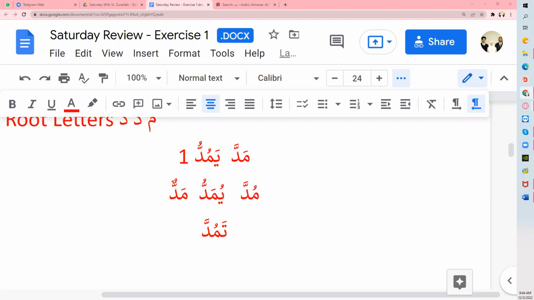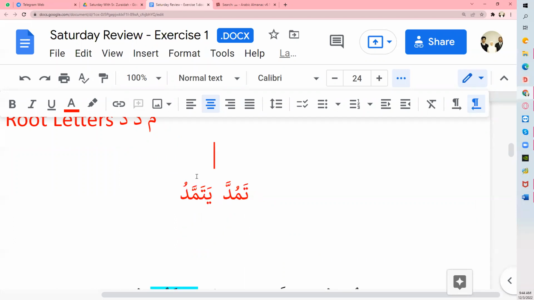So the present tense is yatamadda. Yatamaddu. Okay, so now, this is wrong. So family 5 now. Tamadda, yatamaddu. Okay, so the passive would be